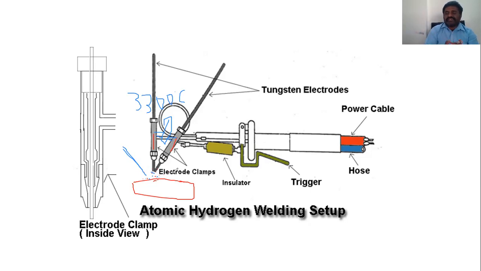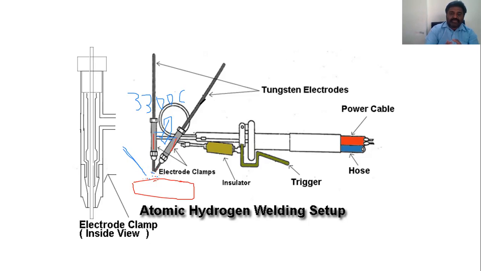We know that hydrogen is a gas that is mainly used to protect the weld pool from the atmosphere. If it is not protected, it gets contaminated by oxygen or nitrogen, and that is the reason it gives a good quality weld here.